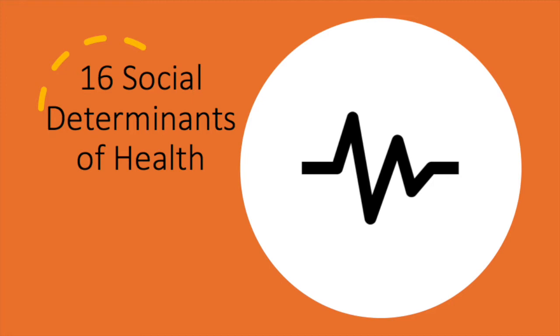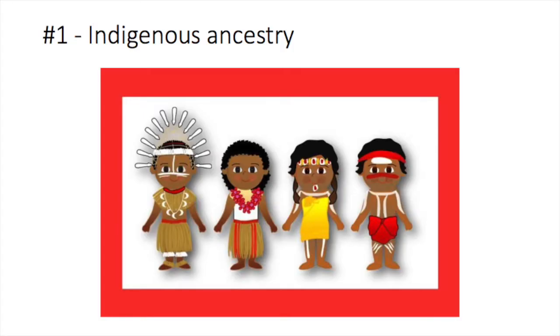Lastly, according to the World Health Organization, the social determinants of health are conditions in which people are born, grow, live, work, and age. These circumstances are shaped by the distribution of money, power, and resources at global, national, and local levels. Number 1 is Indigenous ancestry. According to the National Collaborating Centre for Aboriginal Health, it is beyond health behaviors, and the evidence is clear that social determinants of health have individual effects, with inadequate social determinants leading to diminished physical, mental, and emotional health experienced by many Aboriginal peoples.